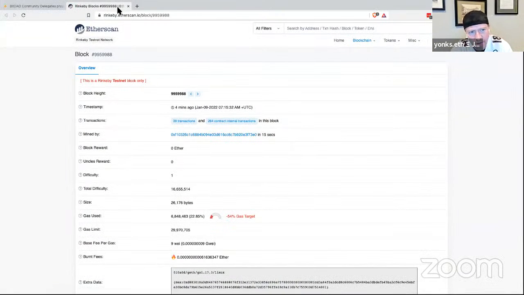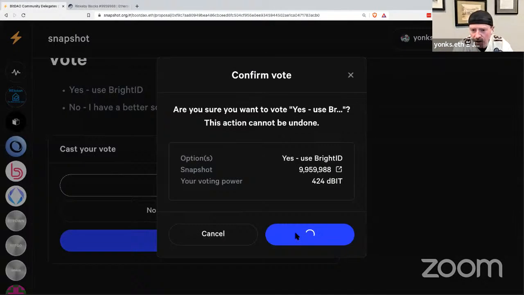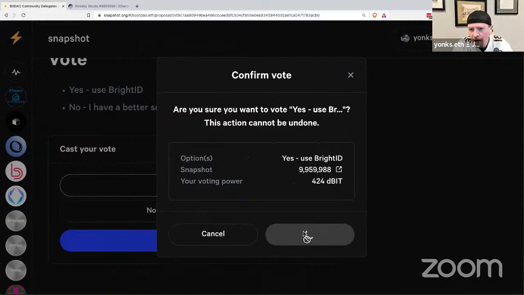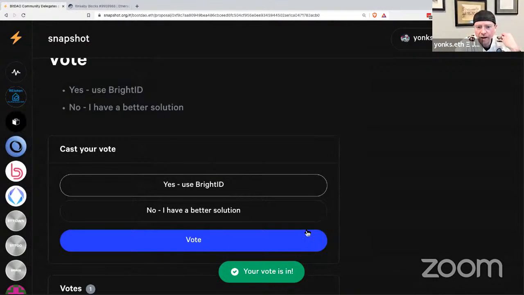And right now, this is on the Rinkeby test network. So we're going to go ahead and vote. And now I have to sign the vote. So we went through two things here. We went through the process of creating a snapshot proposal, and then we also went through the process of voting